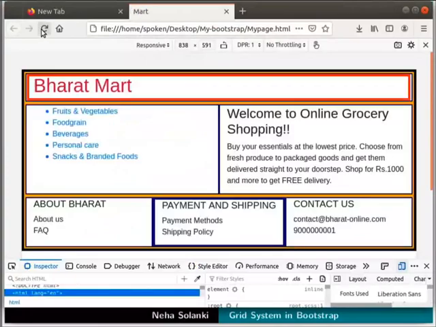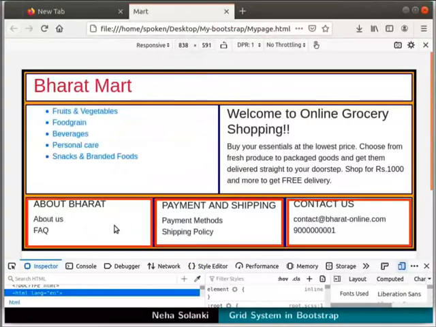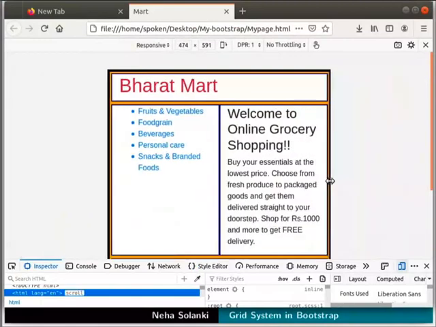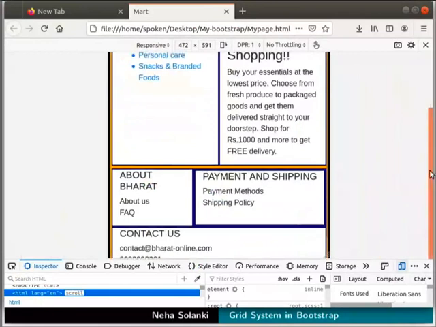In this layout, the first row has a single column with heading. The second row has 2 columns with equal width. The third row has 3 columns. In the second column, width is set according to the content inside it. The remaining space is equally divided between the first and the third columns. By dragging the right border, we will increase and decrease the width of the screen. Observe that the width of the columns also changes as per the size of the container.